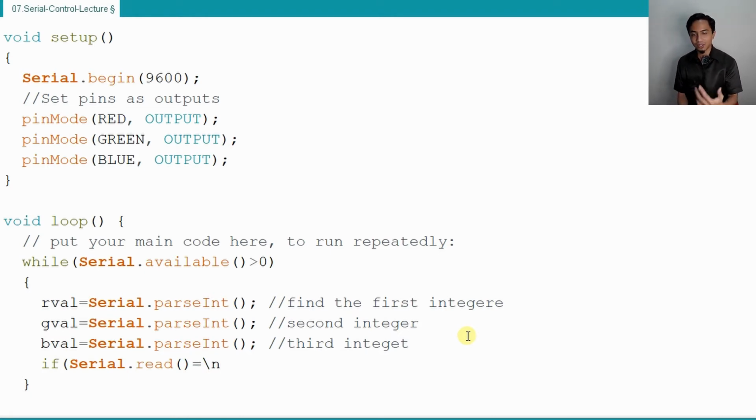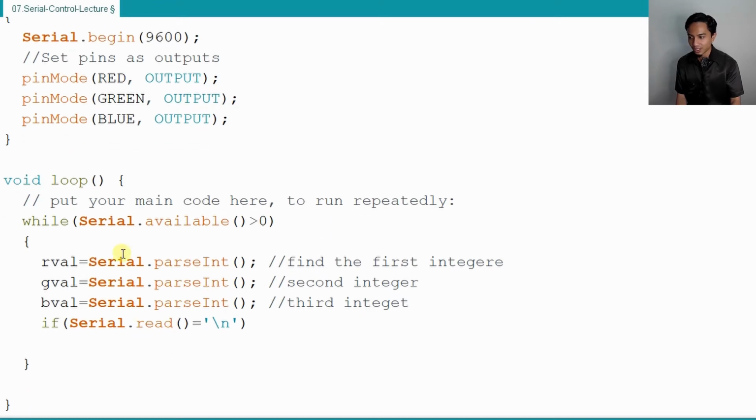If you never knew about the \n before, the \n is the next line, meaning that we have clicked enter, it is done transmitting. So it will go to this if statement here. In other words, after we click enter, we will start doing this function. So it receives the integers first. After clicking enter, it will do the statements inside the if statement, which we know what we want to do. We want to